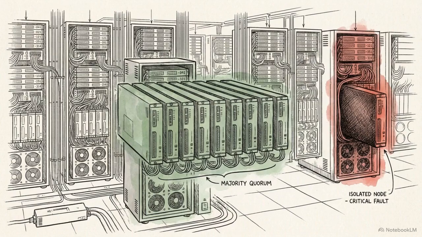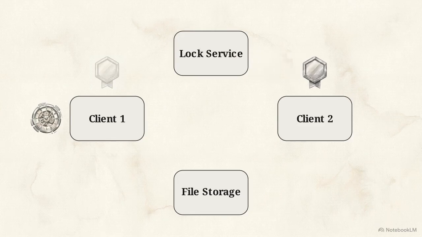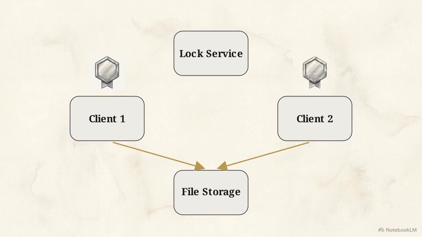This establishes a foundational rule of distributed systems. A single node cannot trust its own perception. Objective truth is defined strictly by majority quorum. This schematic tracks a distributed lock. Client 1 acquires a lease to write a file, but suffers a massive pause. The lease expires. The lock service grants the file to Client 2. Client 1 wakes up, trusts its outdated memory, and writes simultaneously with Client 2, corrupting the file.